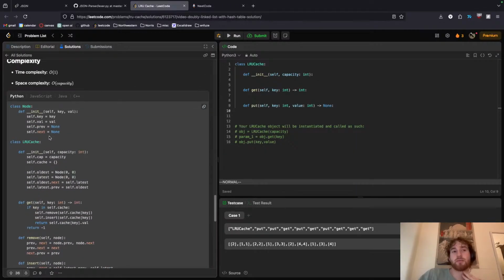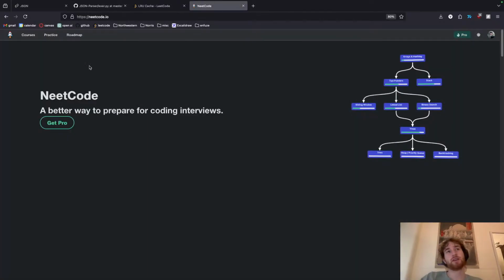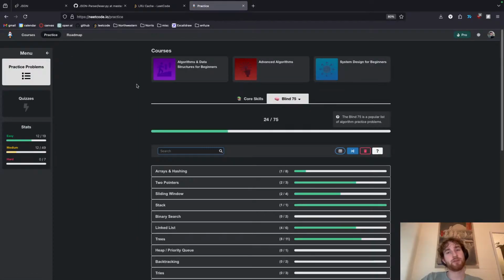Because to me, I guess remove and insert changes the linked list. So yeah, that makes sense. Does make sense, because you're not removing it from the cache, you're moving it. I answered my own question. But regardless, I'm going to,